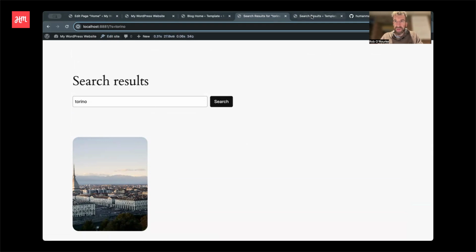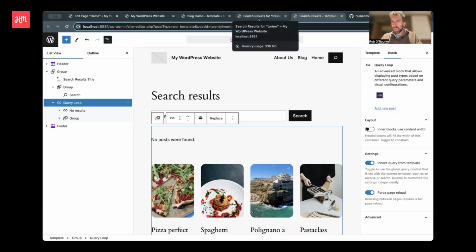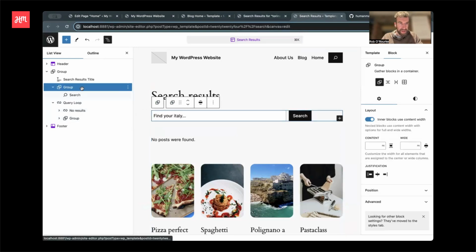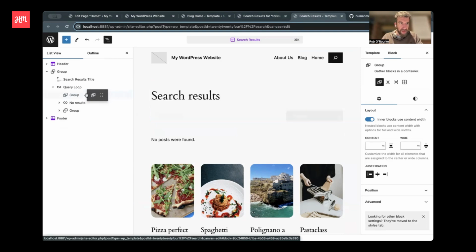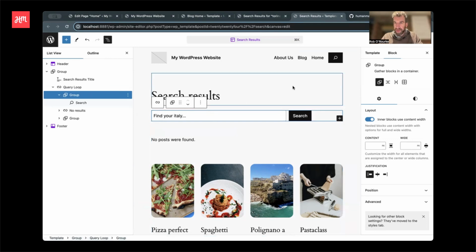So let's jump to our search results template, which I already have loaded up here. The search form that exists there doesn't reload inline because it's currently outside of the query loop block. So I'm going to take this group that I've got the search form in. I'm going to drag it inside the query loop at the top, like so. And then if I save this,